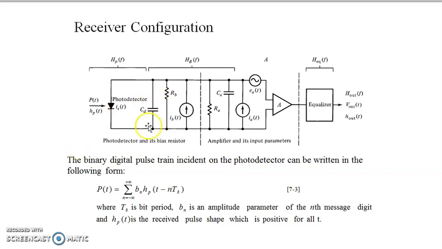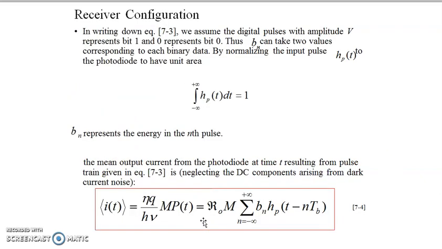We have a photodetector here, then we have bias resistors RB and RA, as we saw earlier in the amplifier. These two resistors are in parallel. RA is fixed, RB can be varied, and we have the amplifier output, then we can have the equalizer there. Whatever the incident power P(t) is on this detector,